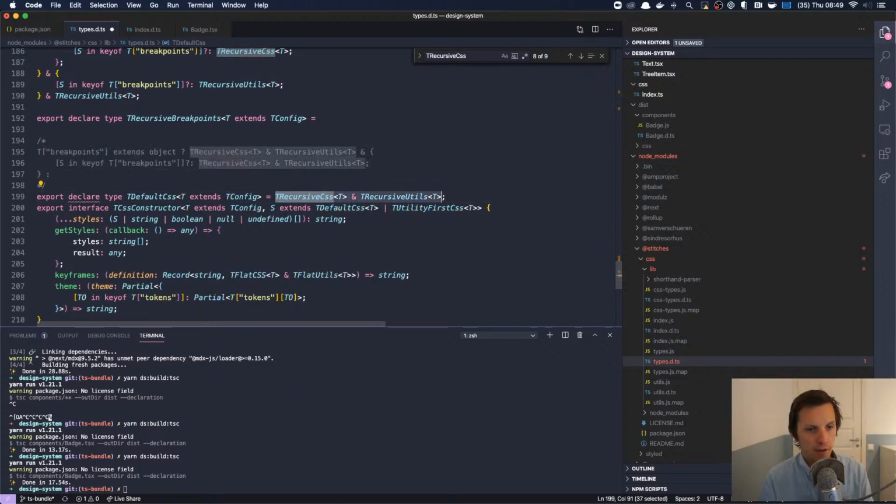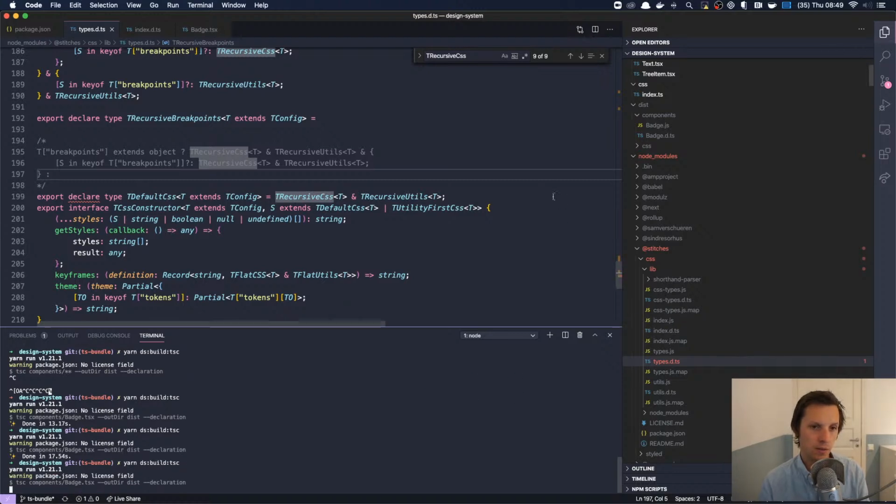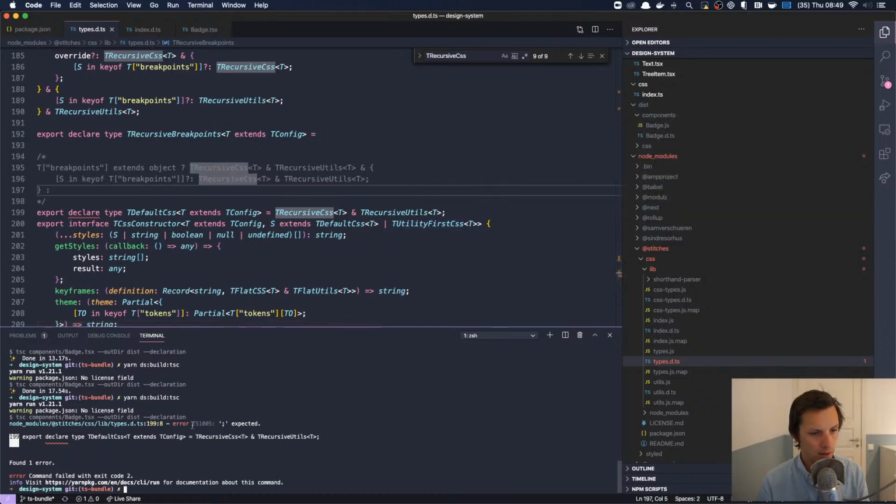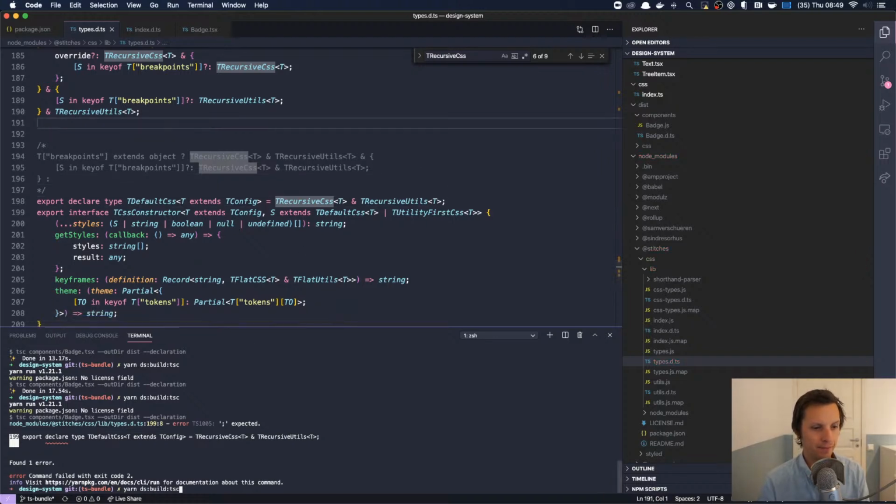So what we're going to do, instead of having these two, we're going to say, well, that doesn't really matter, does it? Okay, let's try this first. Or we kind of have to merge the T recursive utils into T recursive CSS. Okay, let's try this first, just to see what happens. Oh, my bad.